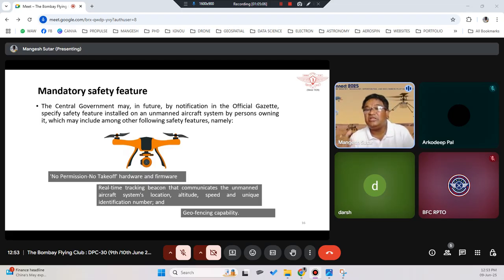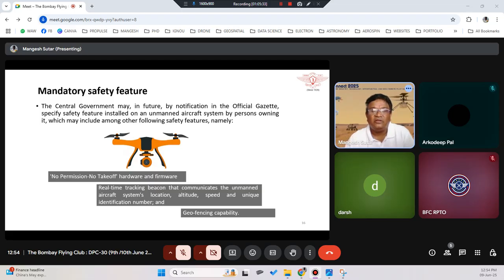See, registration is one thing. Registration is for a different requirement, and getting type certification is a different requirement. Type certification is for a legal drone manufactured and developed in India and certified in India by DGCA. So type certified drones are the legal drones, which can be used for commercial purposes, whereas all other drones cannot be used for commercial